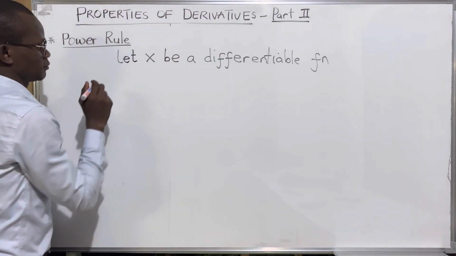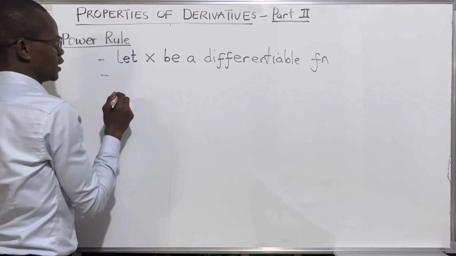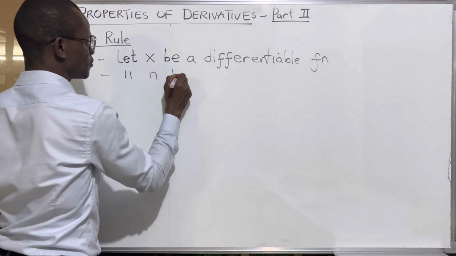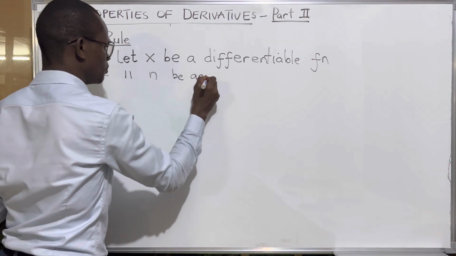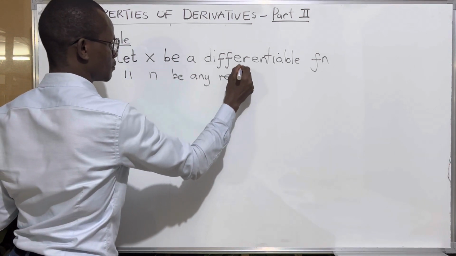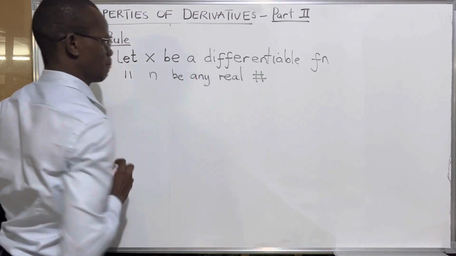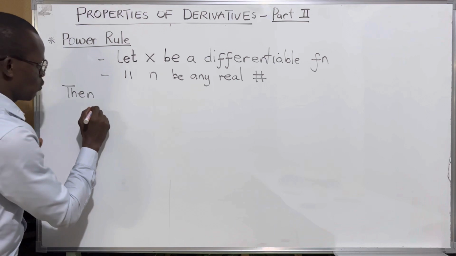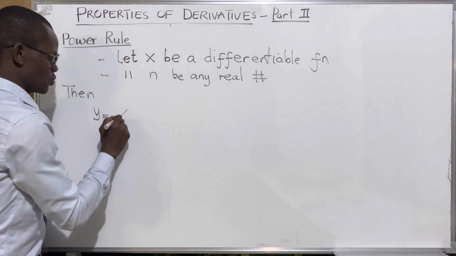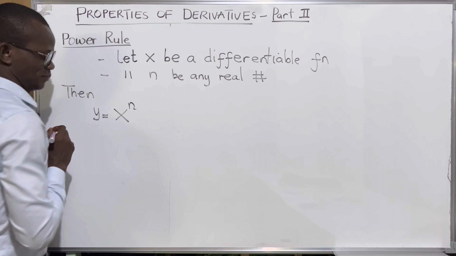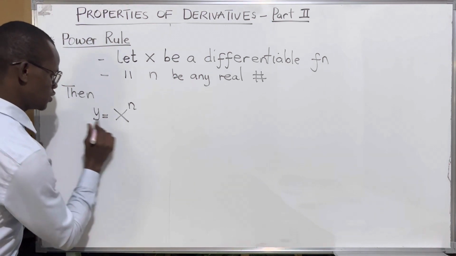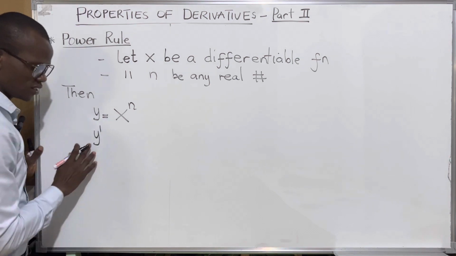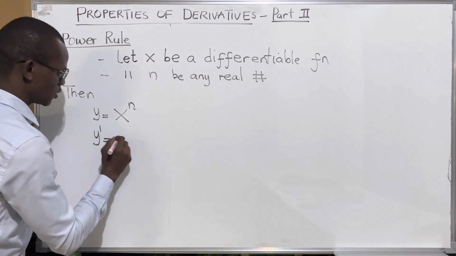The next one, let n be any real number. Then y equals x raised to the power n, which is now a function, will give us y prime, which is a derivative, to be equal to